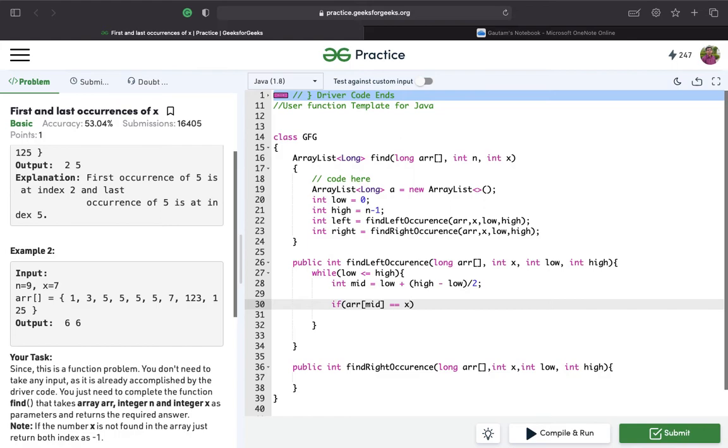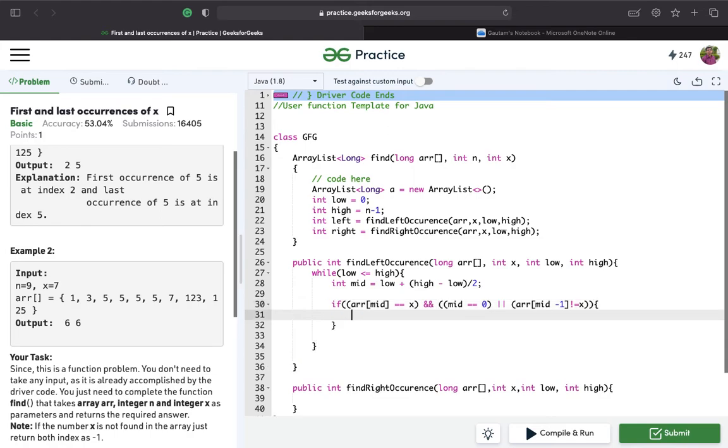And if it's equal to x and mid equal to 0, or ARR of mid minus 1 is not equal to x, right? So what I have done over here is, let me check, yep. If that's the case, I'll simply return the middle element, right?